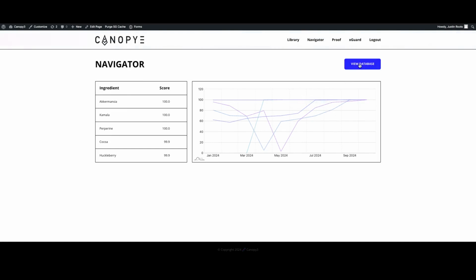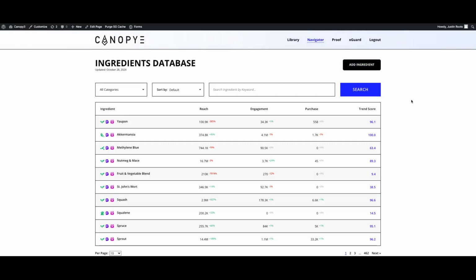The meat and potatoes are in the database. So we took over 150,000 supplement labels. We pulled the ingredients off of those labels and had a database of about 85,000 ingredients. A lot of those were synonyms and similar terms for the same ingredient. So we organized all that data into a database of about 5,000 ingredients, which is what you have here in